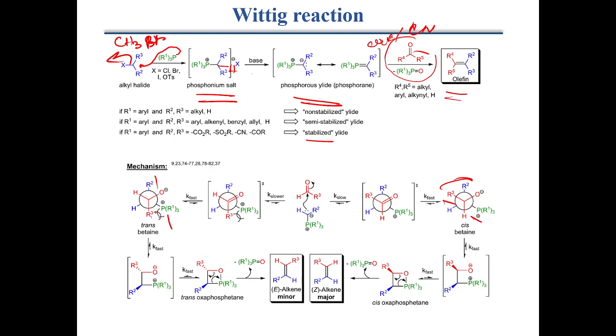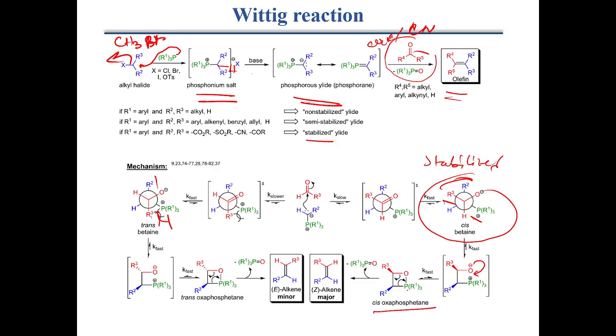In the trans case there is a possibility of steric hindrance, but there is no such possibility here. So that's why this is the stabilized intermediate. Now after forming this one, the O minus reacts with the phosphine and forms this cis